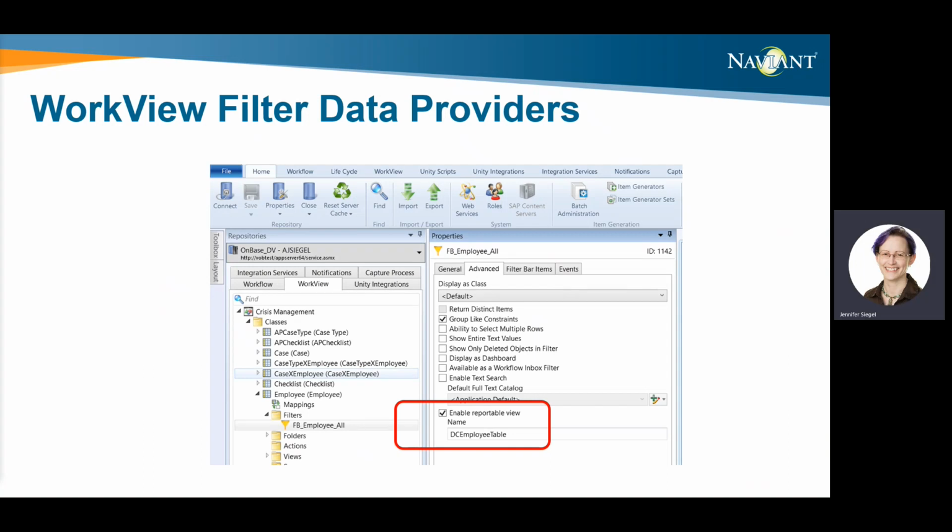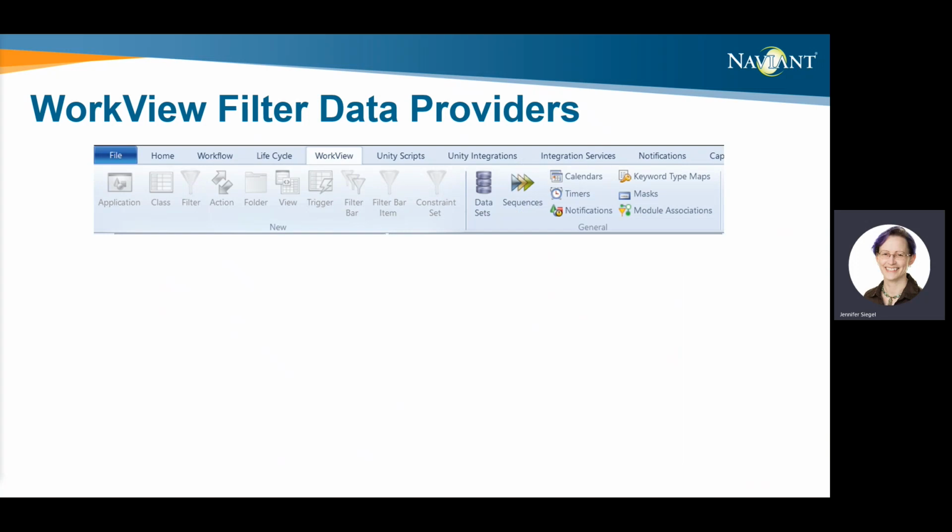Now there is a data provider option that will let you link directly to the filter with just a few clicks. The first step is to create a WorkView filter as you normally would, and you do not need to make it reportable. Remember to include both the class ID and the object ID if you want to configure display options to open a WorkView object right from the dashboard report.